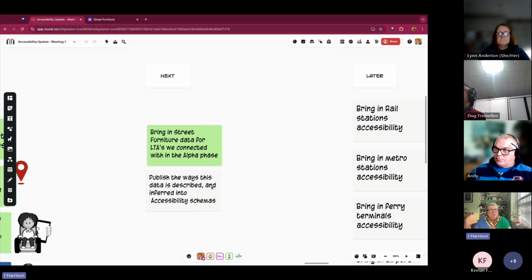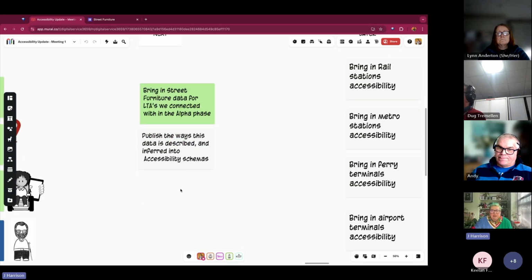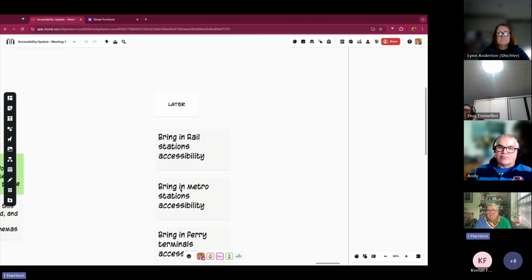And if you want to go more, that's fabulous. If you want to go less, we can also handle that. We've got wide varieties amongst the local authorities that we've already got in. And then we're going to publish and describe this data as best as we can. And we'll be coming to you especially a lot to ask, have we explained this correctly? Does this make sense to you? And then with the later,